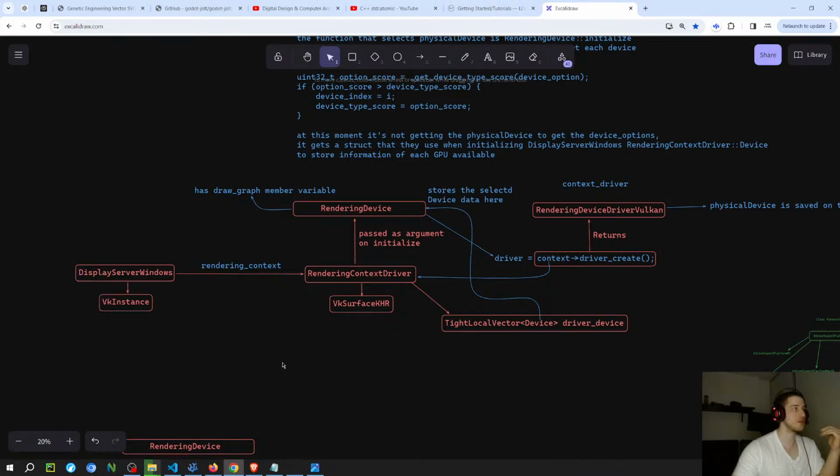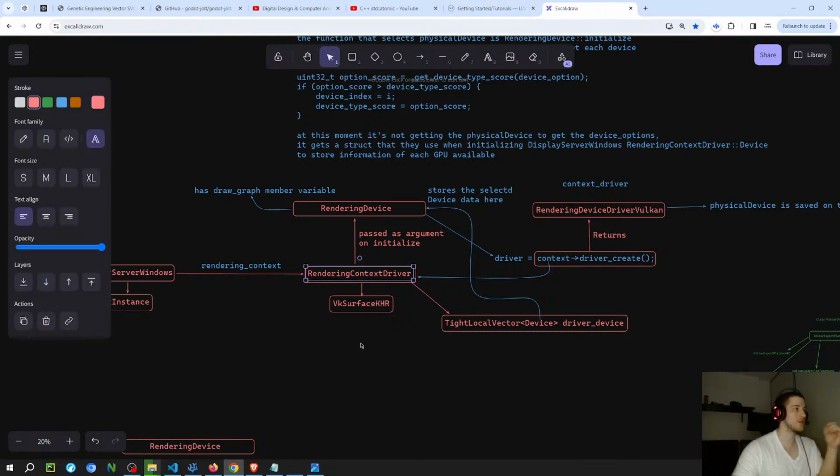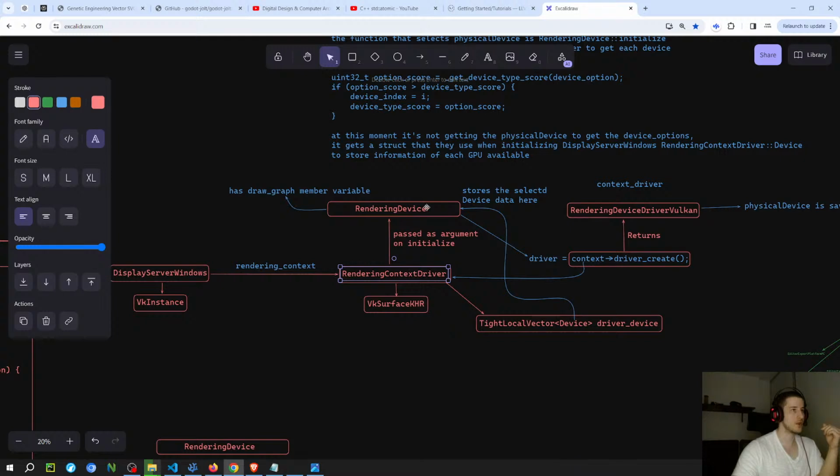Depending on which operating system you're using, I think it creates a different callback function, because obviously it's an abstract base class. So it declares the type as the abstract base class, so it's able to use the derived classes at runtime to initialize. In the version that I have, which is on Windows, it uses the display server windows and the callback function from there. Then it creates the rendering context server from the display server, and then creates the rendering device. The rendering device is the thing that actually creates the Vulkan commands, and then it uses a third-party library to create the API between Vulkan and Godot, because Vulkan